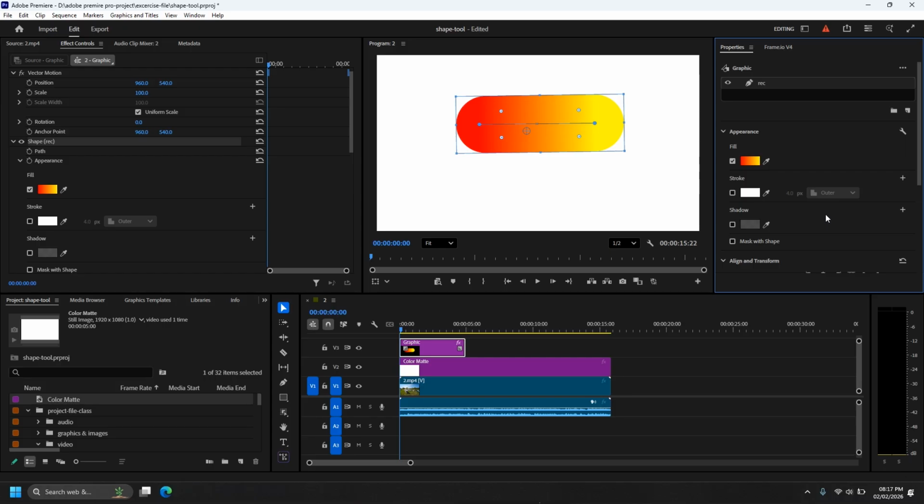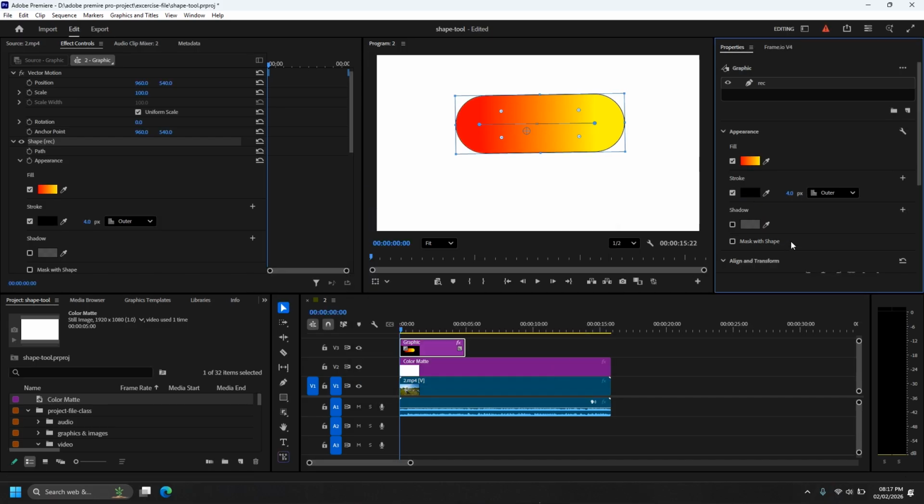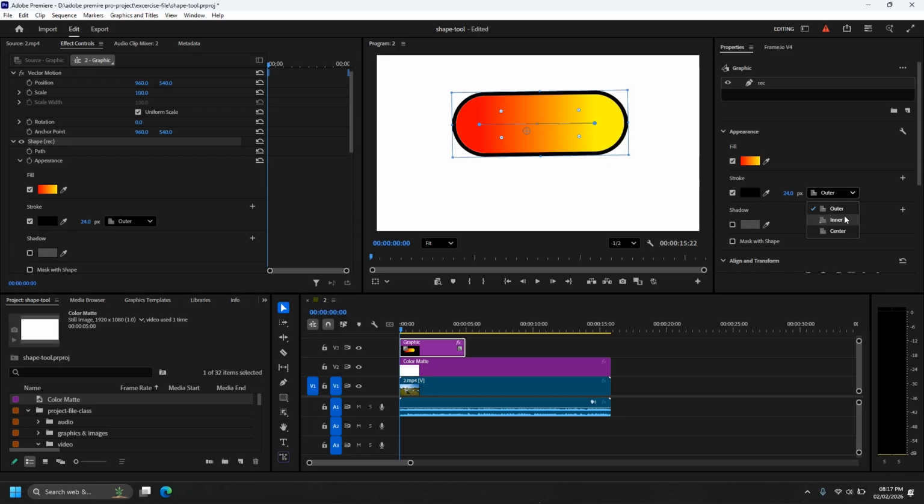Now let's talk about stroke, which means outline. Here we can enable or disable stroke. First choose stroke color, then set stroke thickness. And choose stroke position,